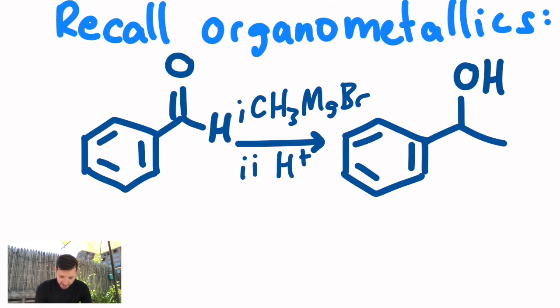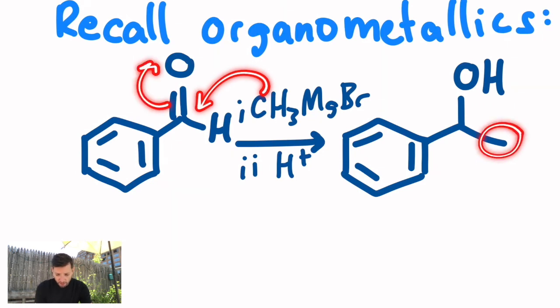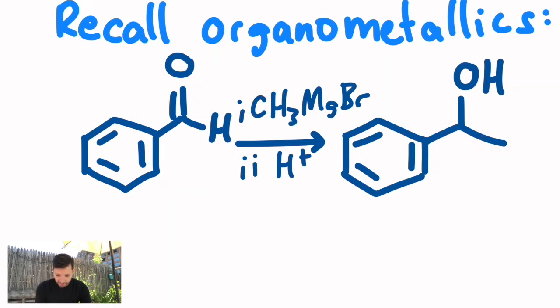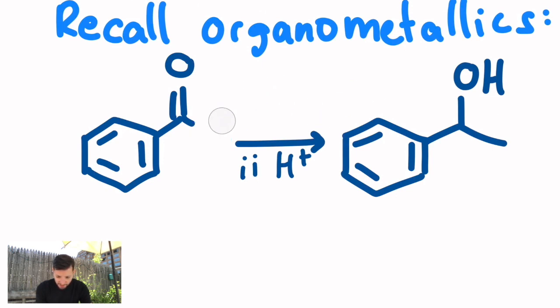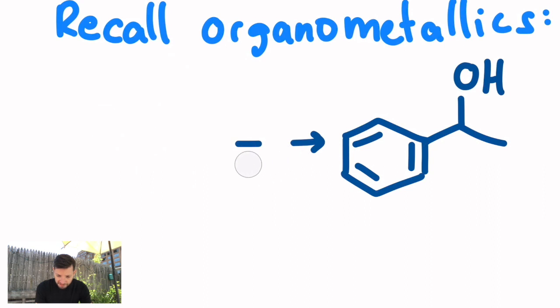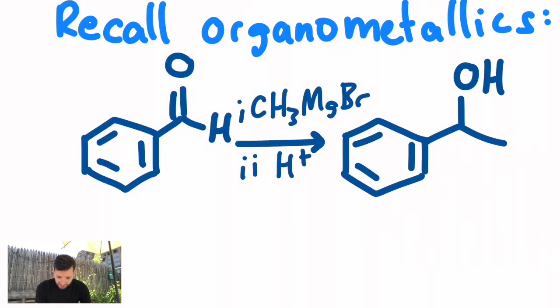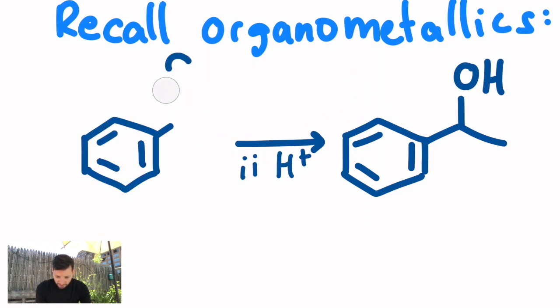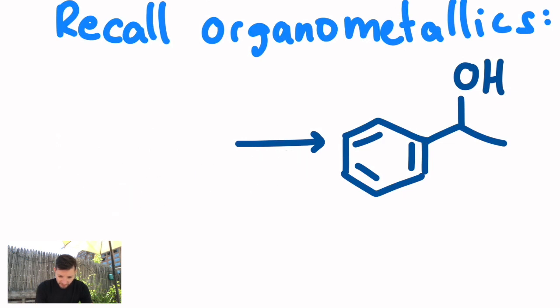Well, the grignard would attack the carbonyl carbon, the electrons would go up, you would add that one new carbon, and you'd get the secondary alcohol after protonation of that O negative. Alternatively, you could come at this from the other direction and imagine bringing in the organometallic as that phenyl group. So I could have, let's say, phenyl grignard,